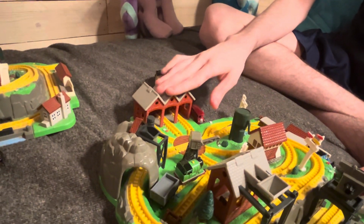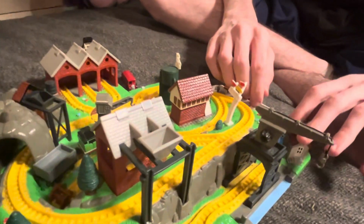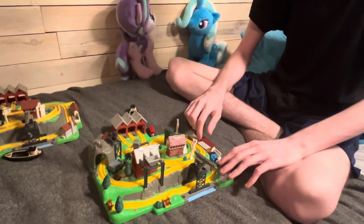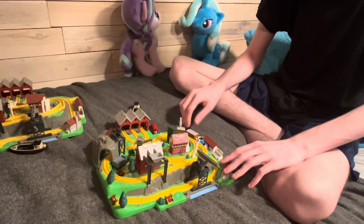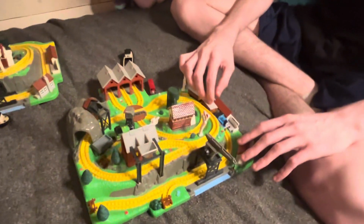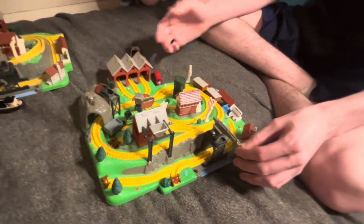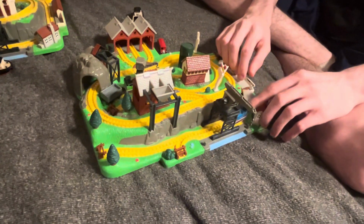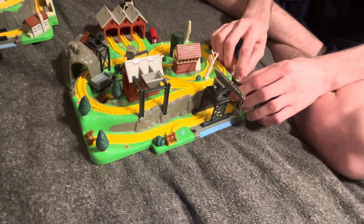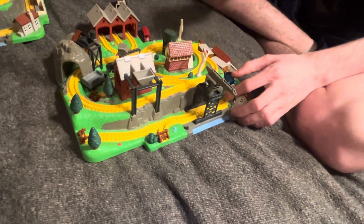Now, it is kind of rare to find these sets. I think they're UK exclusive, so you have to pay way more than if you were buying them from the US. Now, I don't know why Mattel couldn't have brought the series back since they bought out the Bluebird company. And then they could have given the trains CGI faces. That would have been nice. And we possibly could have gotten more characters, but...